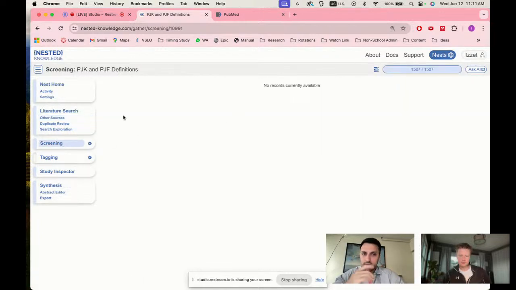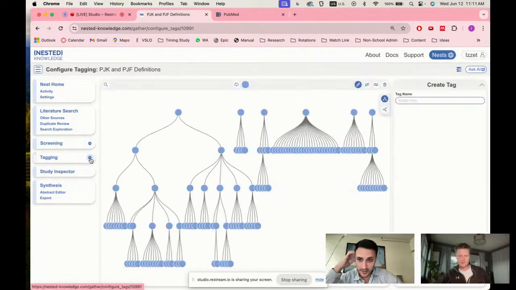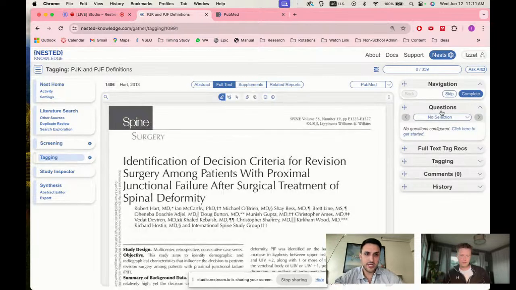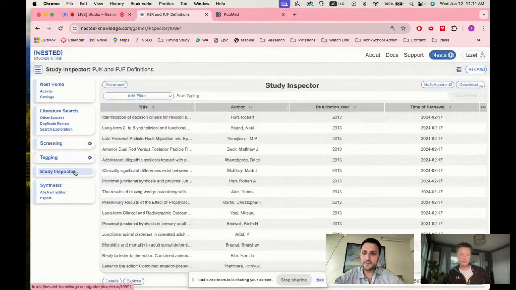I like that a lot. So here everything's screened, going in order, and it shows you, you can skip them as well, and then creating the exclusion reasons. That's all very standard for me. Tagging, I think tagging is cool because you can customize it as you want. So I don't really go through the whole tagging system where you tag individuals. You haven't tagged any of these. I think tagging happens more organically and plans change.